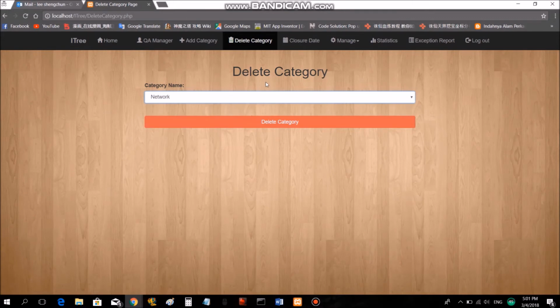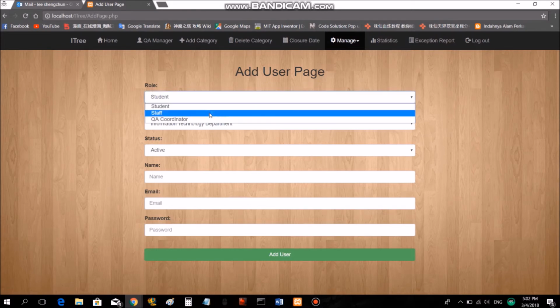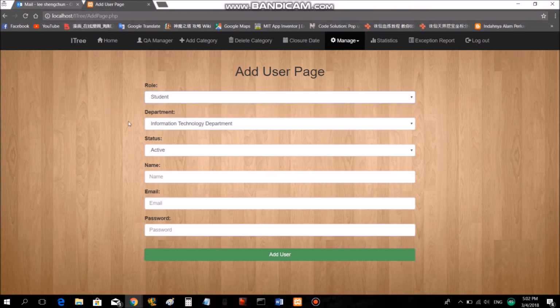Next, the QA manager can manage users by adding a new user or editing their details. To add a user, the manager can select the role of the user, such as student, staff, or QA coordinator. And then the QA manager can also choose the department and status of the user. Lastly, the QA manager will enter the user's name, email, and password, and then click on the